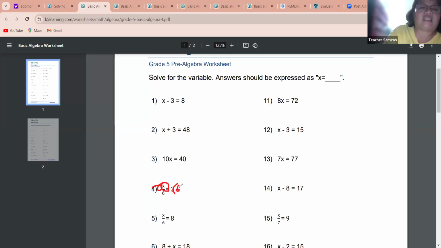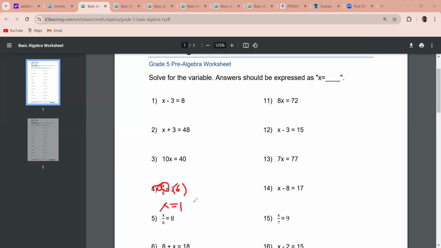Look at this. 6x divided by 6 is equal to what? 6x divided by 6 is equal to x. And then if you look at it, 3 times 6 would be, what is your answer, Noel? 3 times 6 would be 18. Very good. Our answer would be 18. Okay, how about number 5?